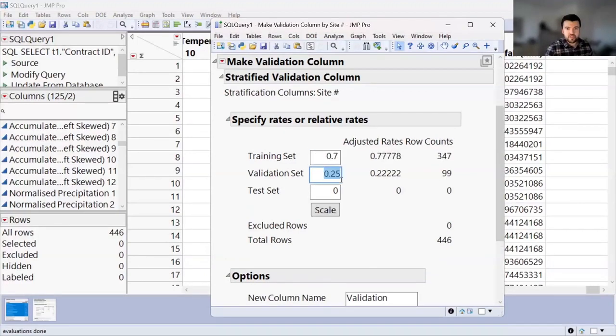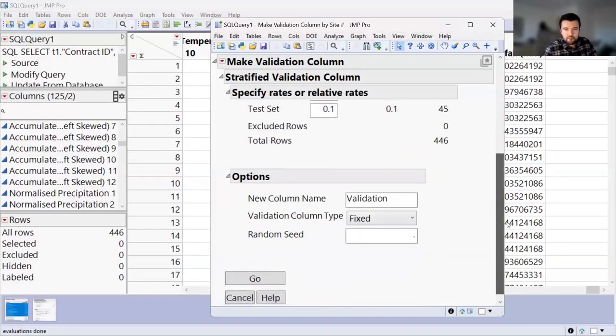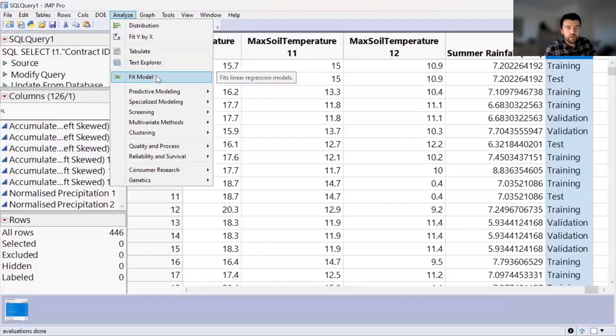So 70% of the data for training, 20% validation, and 10% for testing. Now you can see here the adjusted rates and how many rows you're going to get. It's important to consider how large your data set is, whether you're going to use training, validation, and test, or perhaps just training and validation, and what split you need to do. Now, depending on your data set, these values may vary slightly. From there, go. And as you can see over here, we've built a validation column very quickly that gives us the option, when we build our model,